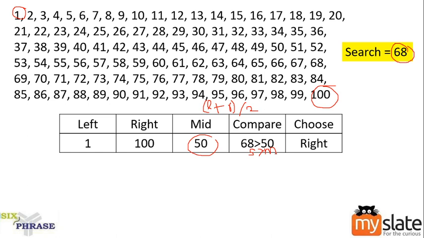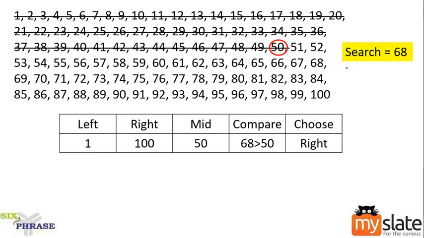So obviously, should I search to the right side of 50 or left side of 50? The efficient technique will be searching to the right side of 50. So I'm going to choose the right hand side. Since the search value is greater, instead of searching on the left hand side, we will search on the right hand side. We have 50 here. I don't need the left side values. I need only the right side values. So eliminate left side values. This range is completely not needed, so I have eliminated this range.